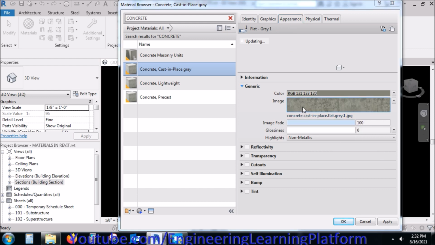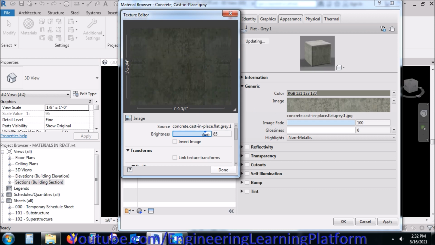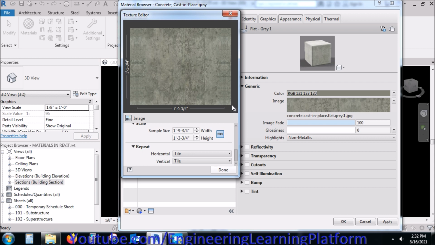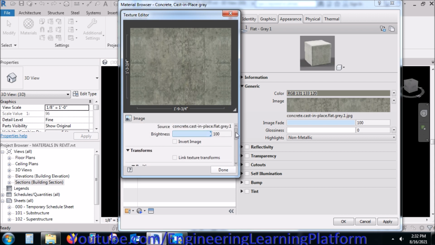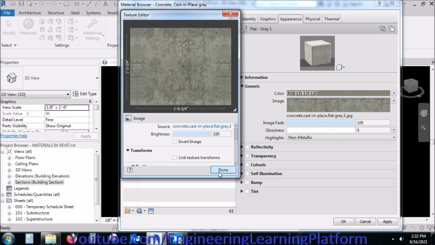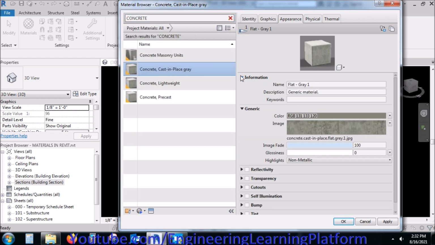You can also change the concrete material appearance by clicking on the image, changing the brightness and other parameters. You can even change the concrete image. For example, you just browse Google for concrete texture and you can apply those images here.